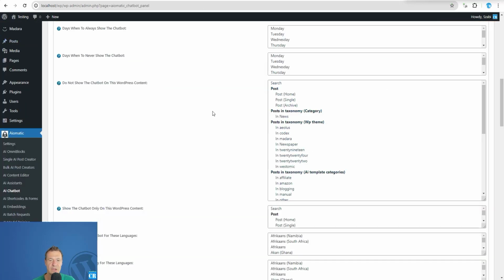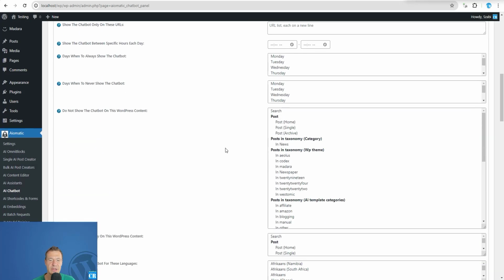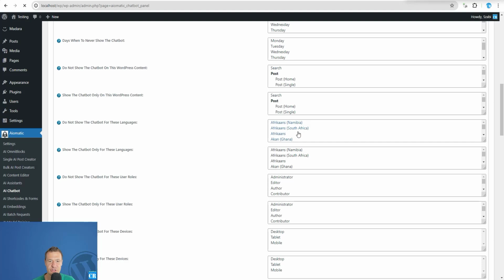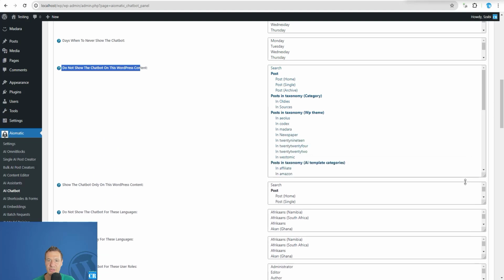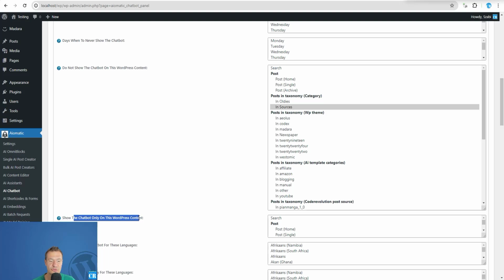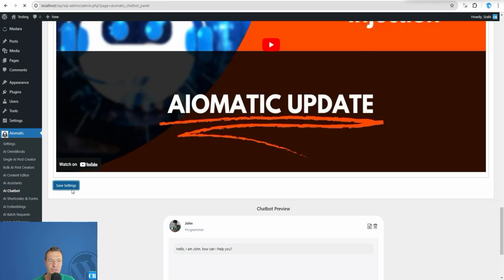Currently, we have the default chatbot active on our entire site, but let us restrict this to a specific category. Let's refresh now, so the category listing will be refreshed here also. And let us set do not show the chatbot on this WordPress content. We will be able to disable the chatbot or to only show the chatbot in this other settings field. So do not show the chatbot in category sources. If we save settings now,